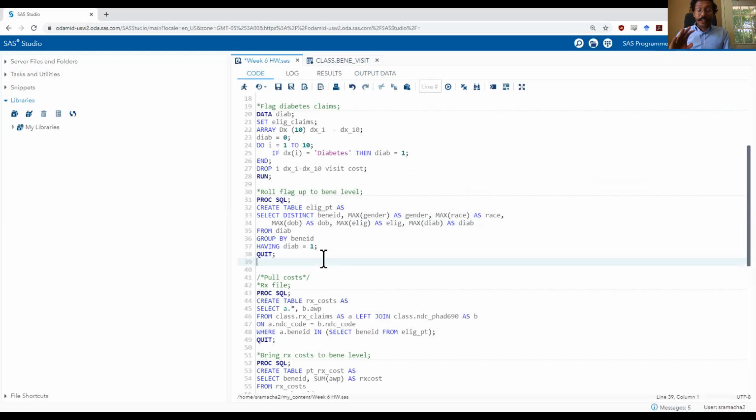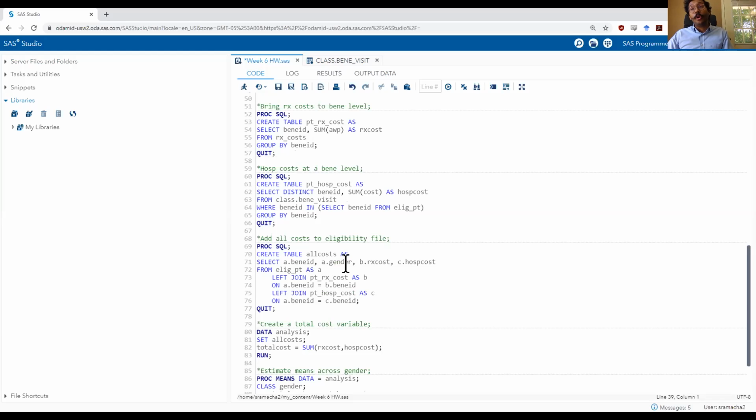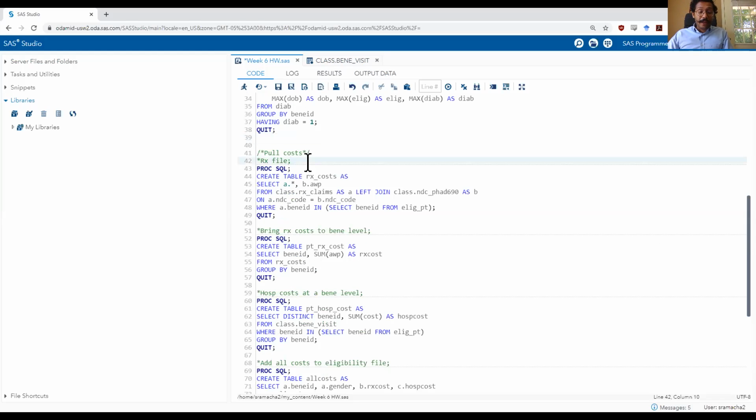Now, once I've done eligibility and I've completed it, I can move on to outcomes, right? The outcomes we are interested in for this homework are the cost variable. When pulling the cost variable, you have to remember certain things. Healthcare costs have to be calculated for every individual regardless of whether the particular row of data was for a diabetes related healthcare utilization or it was not. Because sometimes diabetes patients may go to the hospital or fill medications for other diseases, say hypertension or sickle cell anemia, but those costs are still included in their healthcare costs, whether or not those particular medications were used for the treatment of diabetes.